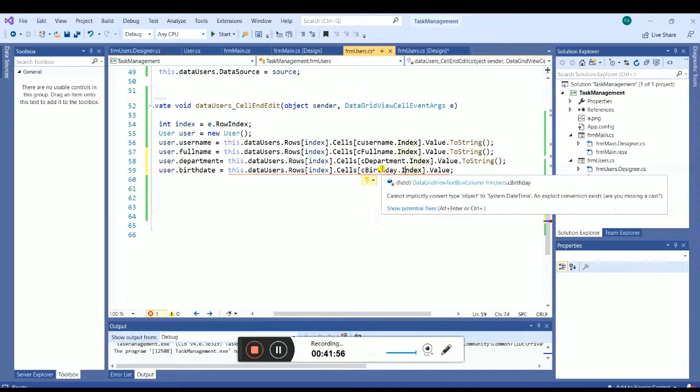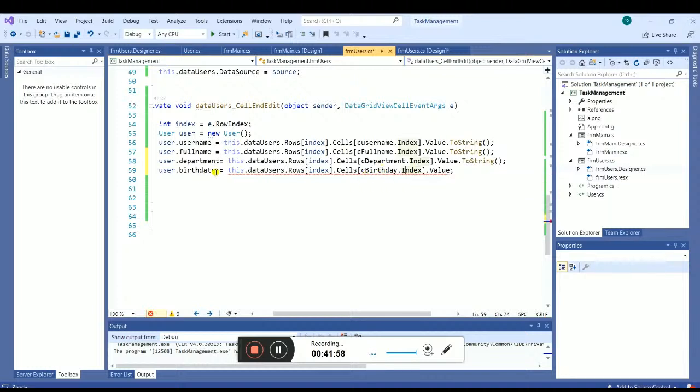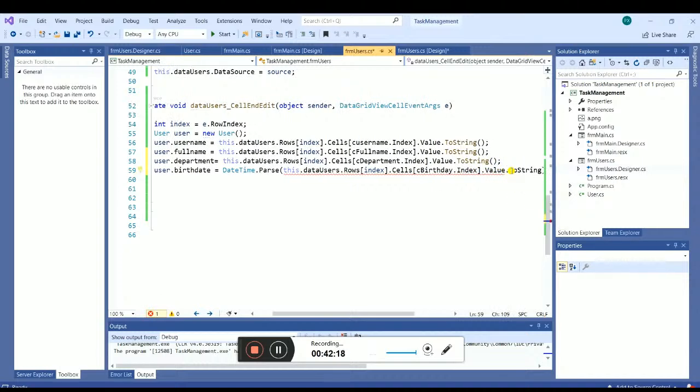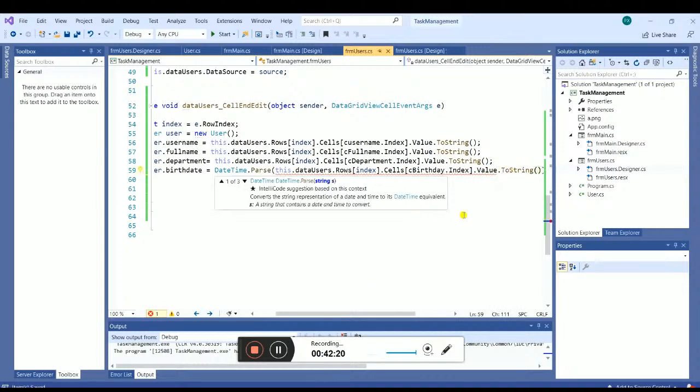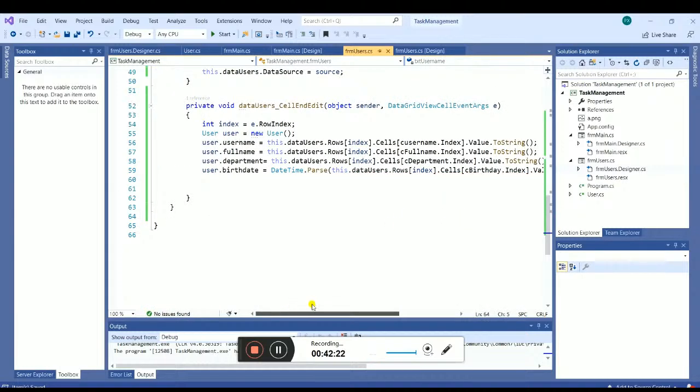We must convert into datetime, so datetime parse to string. You also add in this cell by datetime,